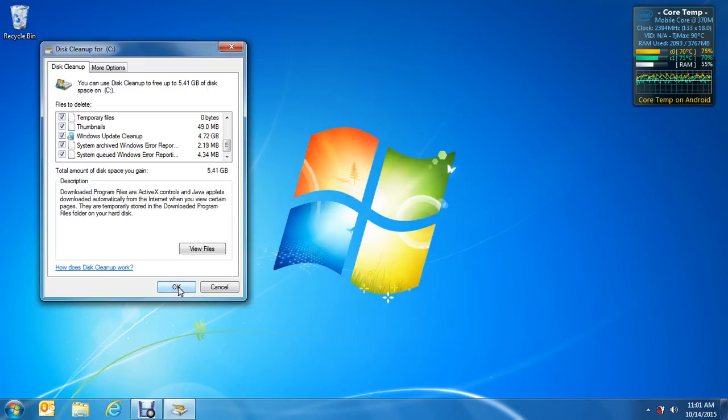And unfortunately, when you click on the more options and you get rid of the restore points, you don't exactly get to see what your starting and ending drive usage is. I guess I could have checked that prior to, but it does free up quite a bit of space for you. So I'm going to click OK, and